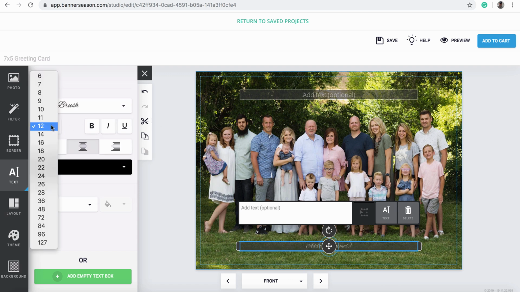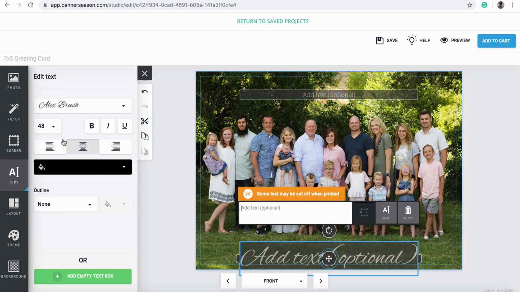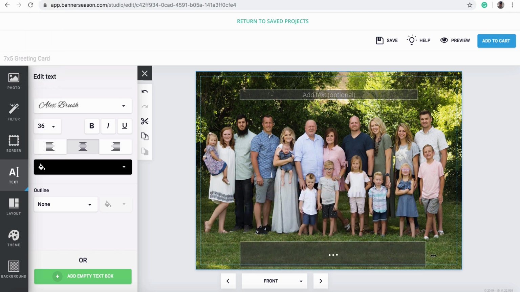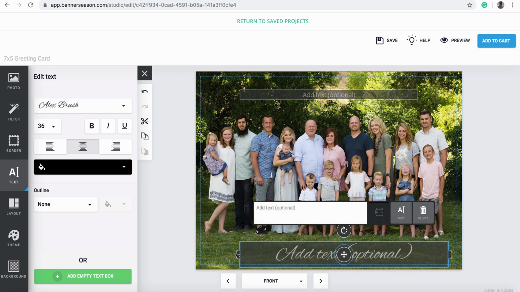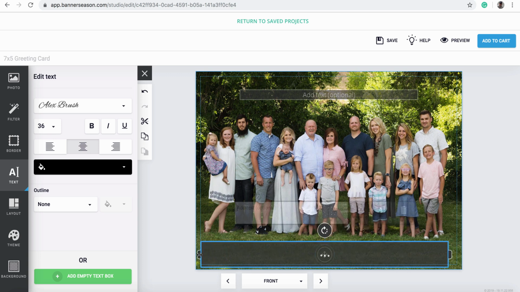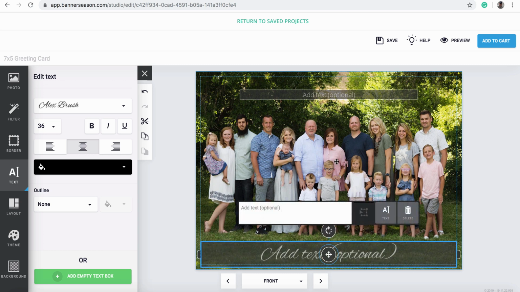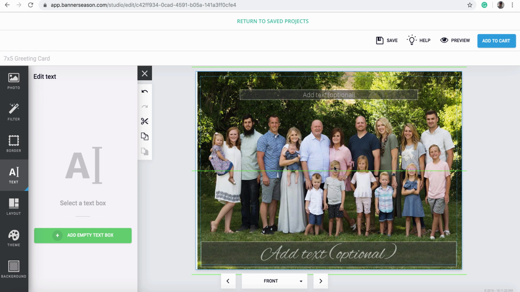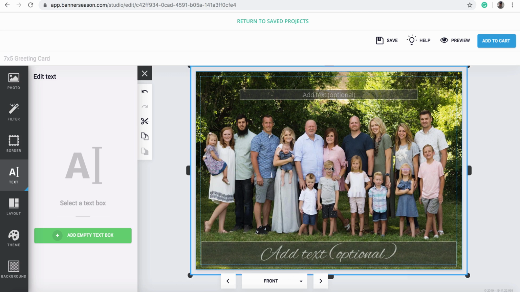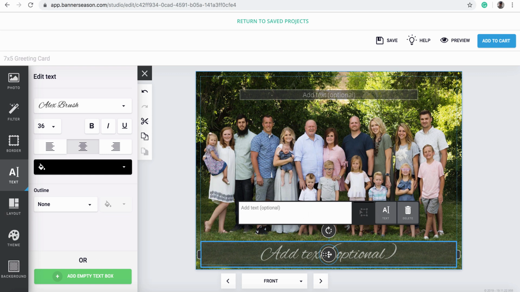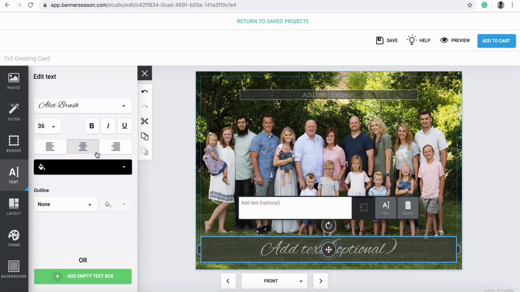So I'm going to make it a little bigger, about that big. Oops, that's a little too big. That one's going to be about 36. And I'm going to create it right here, so it's kind of centered in the middle of the card. I can adjust this a little if I want to move it over. It's pretty good where I want it. So I'm going to pull it up just a hair, make it a little smaller, maybe 28, and I'm going to put on here